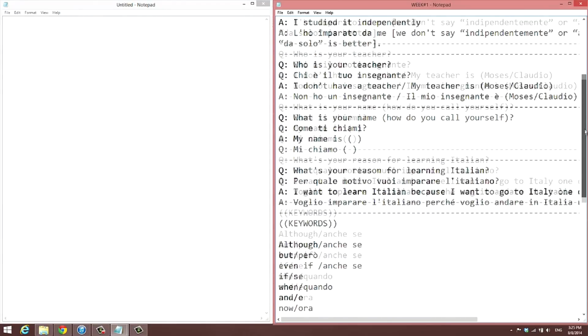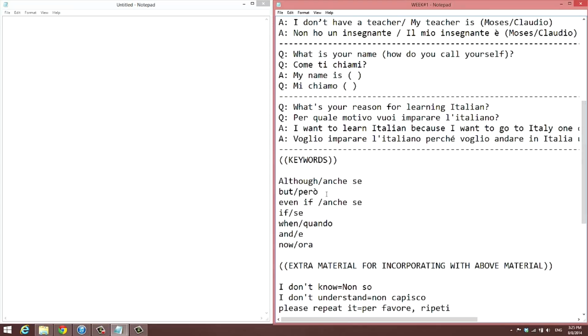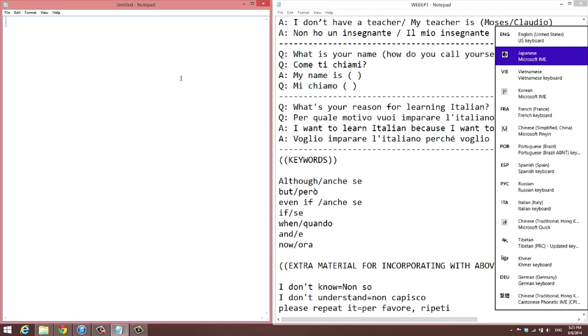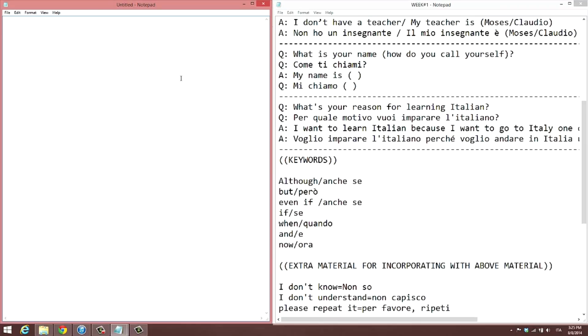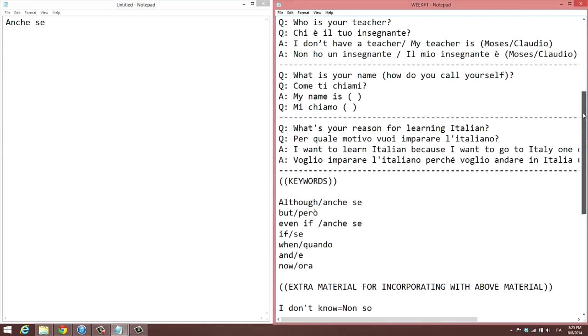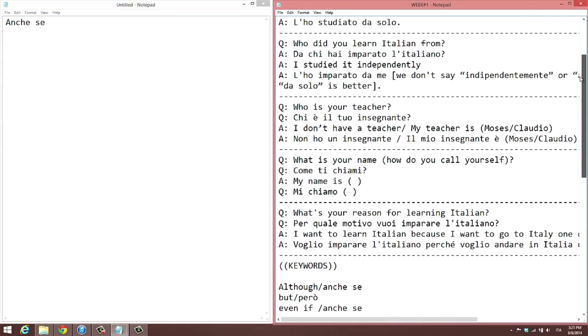So I'll start here, find one of these keywords. Let me change my keyboard to Italian real quick. Okay, so let's say I wanted to practice something like "anche se". This is the first keyword that I want to practice, right? So I go up here and see how I'm going to use "anche se".